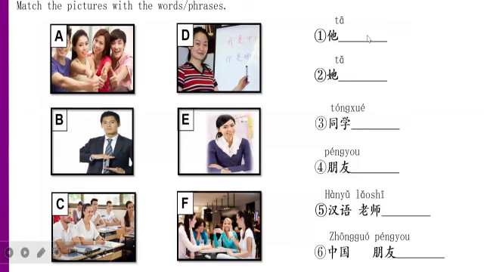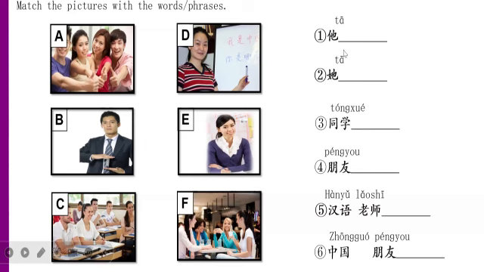Can you make the dialogue like this? If you can, it means you have learned the old lessons very well. If not, you need to review the old lessons by yourself. I ask you to recite the text. After we have finished learning the old lessons, you should be able to recite the text and make the dialogue of the text. Let's warm up before we start to learn the new words of lesson 4.